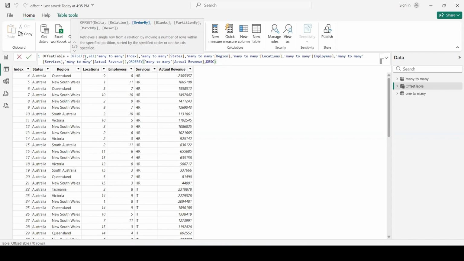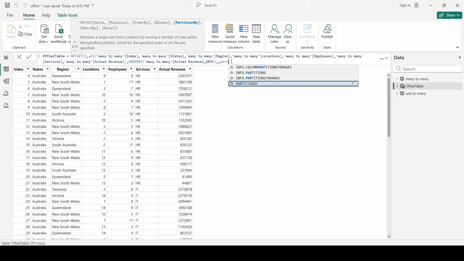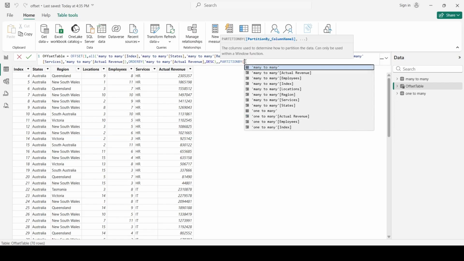If I say here number 2, it will take the first 2 highest values out from our table from each category. Of course, we also add, skip blanks, and the partition by, because it needs to know where to check all this data.